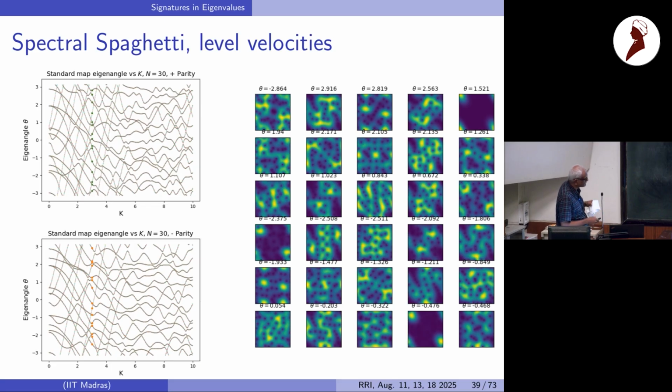Okay. So I was curious, so we do this and then we see these straight line kind of objects. What are they? What kind of states are they? So I just took some particular k, which is 3, and then these are all the eigenangles corresponding to 3. So I find the eigenangle which is lying on the straight line here, that is this. And similarly for this parity sector, I find out where it lies at k equal to 3, that is this. And although I haven't marked it here, these are all the eigenfunctions. So there are 30 eigenfunctions in the coherent state representation for this case.